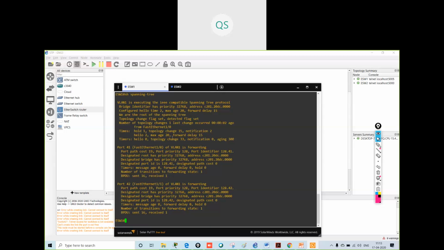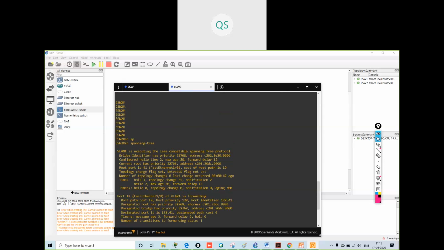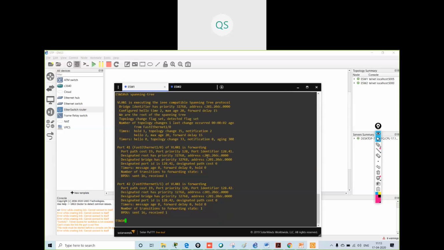And why did it become the root bridge? The priority is 32768, and here also the priority is 32768. But when you look at the MAC address, sorry, just a second. This is the MAC address.